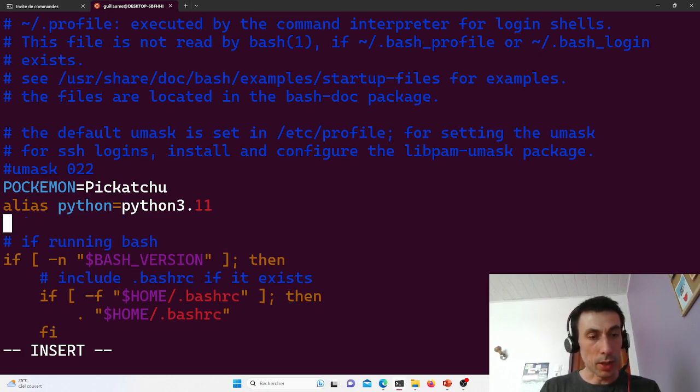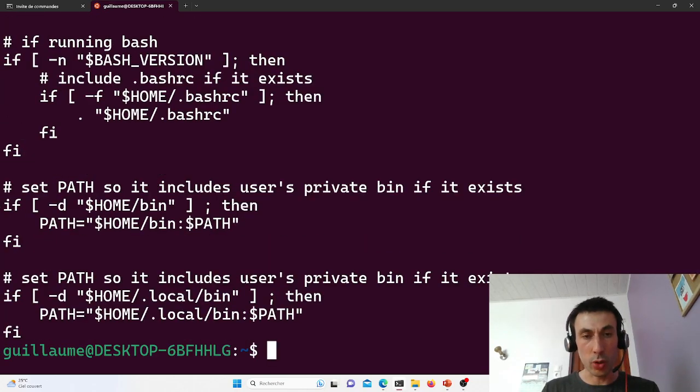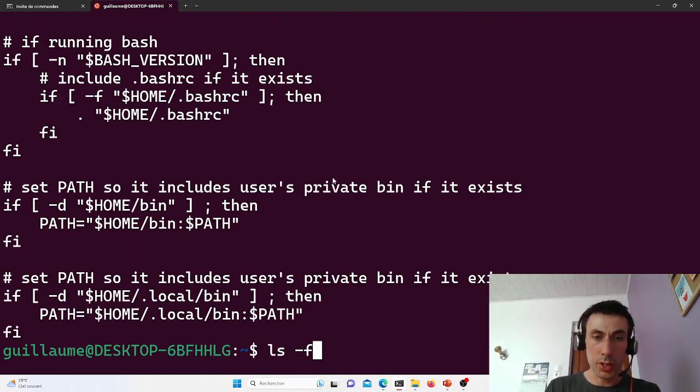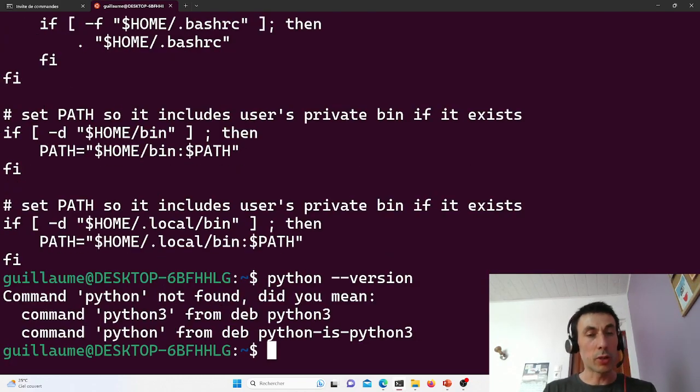That's it. Now if I want to exit and save, I'll have to press escape, then :w to write, q to quit, ! to force. Hop, I exit my file, and I can check if I've added it correctly, then cat .profile, actually, I've got my alias. So now if I do my python --version command, it's still not known